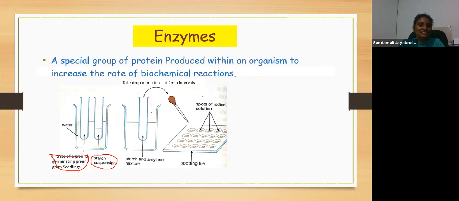soaked seed. So it is doing the same function here. The starch suspension is here, there's a source to digest, so it is doing it. So the starch amylase mixture is here. Then what we have to do just after mixing them together is take a drop of that solution. Here in this image, it is mentioned that another chemical is loaded at first, but